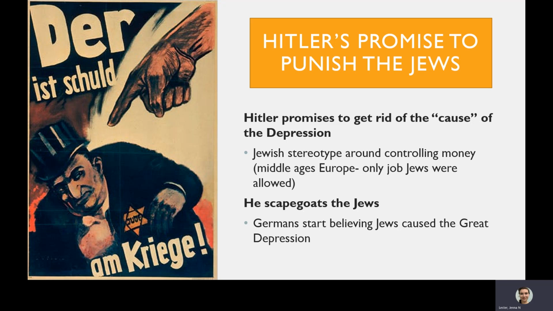But basically, there's this huge propaganda campaign where Jews just start being blamed for everything. It starts with the economic problems, but then they're scapegoated for literally any problem that could possibly happen. If you remember when we talked about the Middle Ages and anti-Semitism, Jews were blamed for the plague. People believed in the Middle Ages Jews caused the plague. That makes no sense. So that leads to the Holocaust, which again, we will talk about later.